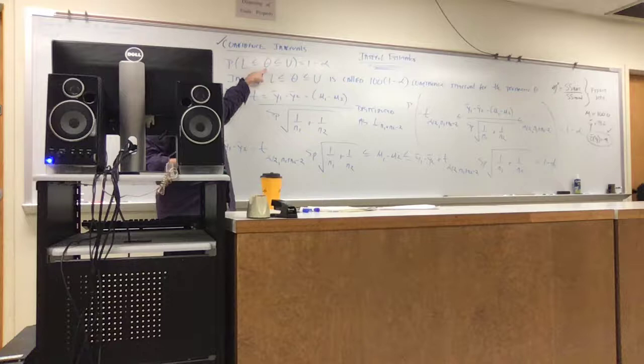We say the probability that theta is between the lower limit and the upper limit is equal to 1 minus alpha. So what we're going to construct is the idea of a confidence interval, this interval up here. What's that interval communicating? The probability of containing